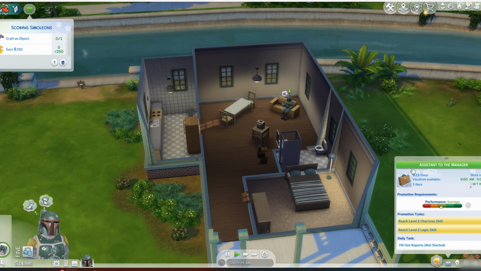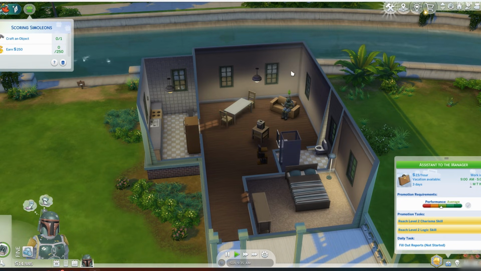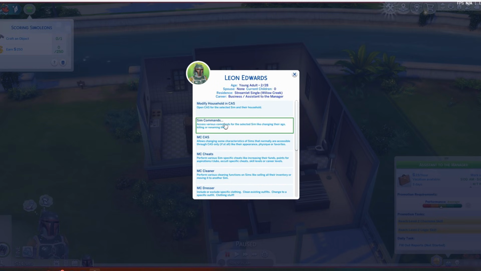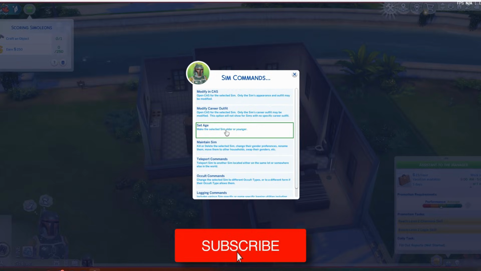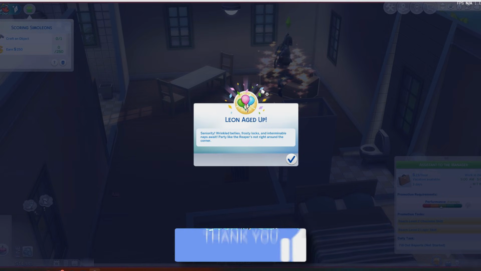Now to make sure everything's working, let's test it out. You can click on any sim in your household and you'll see a new option called MC Command Center. You can click it and you have many categories. So for example, I want to change my character's age. Go to Sim Commands and then Set Age and then select the age I want. And there we go, my character will age to